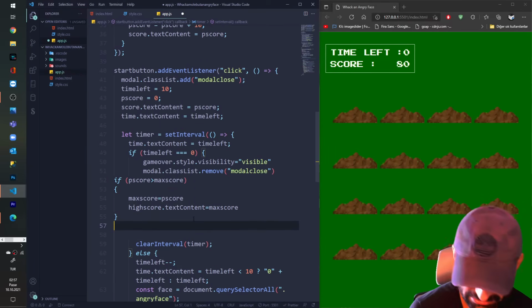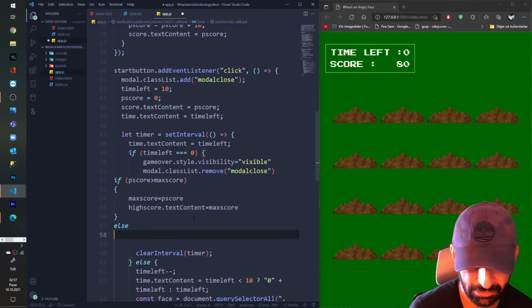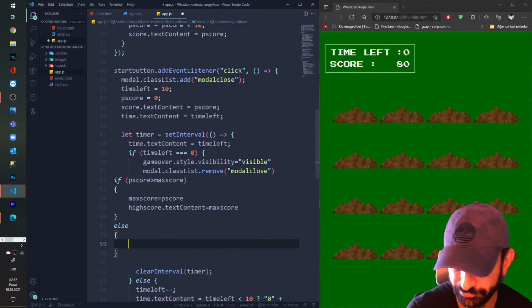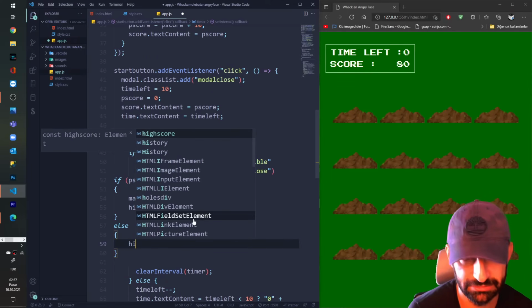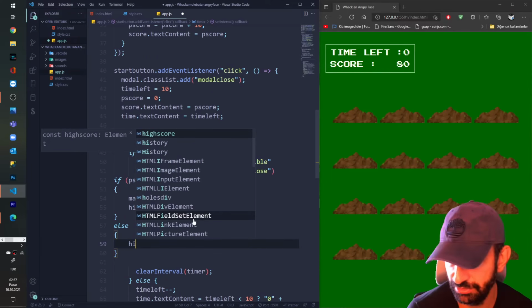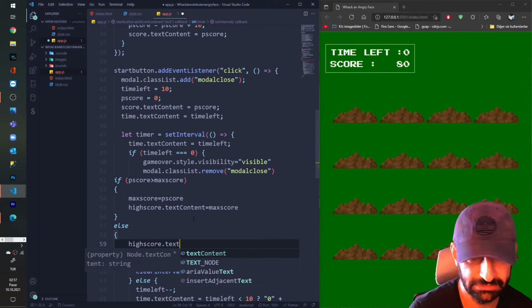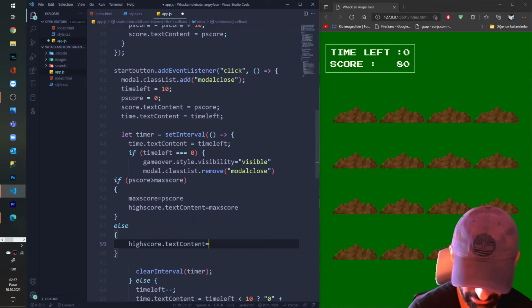But if not, the score I earned from this game is not greater than my previous score, then I say high score text content equals my maximum score.